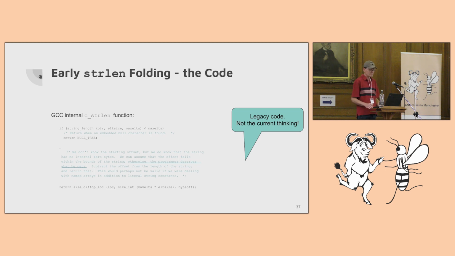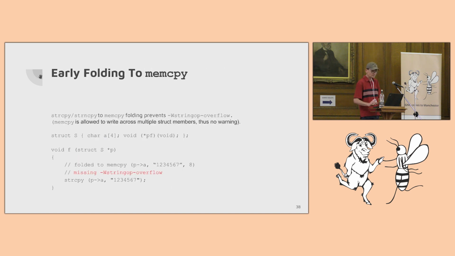Now, the code, as I said, is so old that it was well before the introduction of the VRP pass that would have been able to detect it. So GCC could do much better today with access to the range, the value of the offset. But because this folding is implemented very early on in the folder, we are unable to detect that kind of problem. So the only way to fix this is to defer the folding until a later stage, which in and of itself is somewhat controversial.